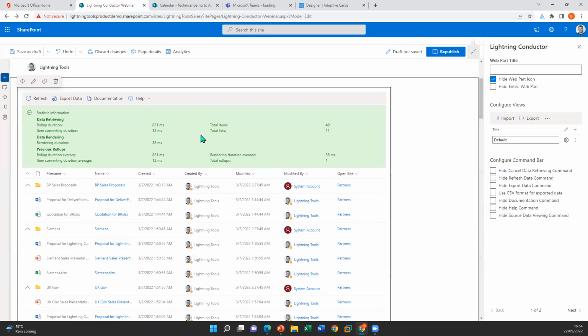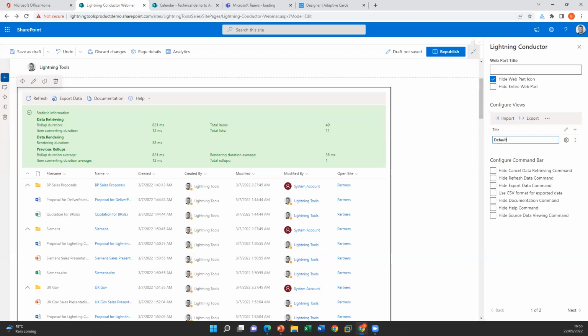But what you can do is actually find that balance. You can manage your users' expectations of the Lightning Conductor by maybe the default view being something like the current site's documents. So it's a smaller aggregation. And then you could have a larger aggregation as another view that they could select. So they don't get that slow performance if you are doing a huge aggregation when they first hit the page. They're just bringing back a subset of results, but then they're digging deeper and they expect that to take longer. Okay, so I hope